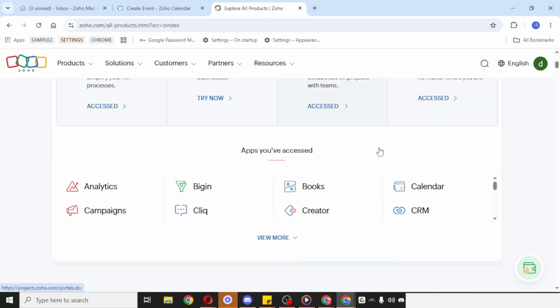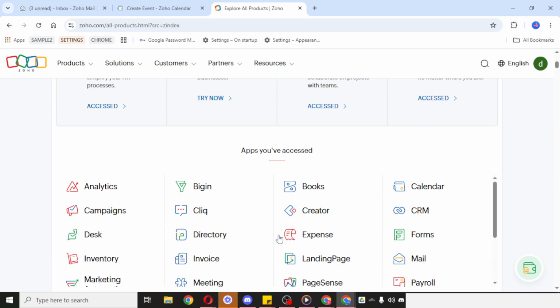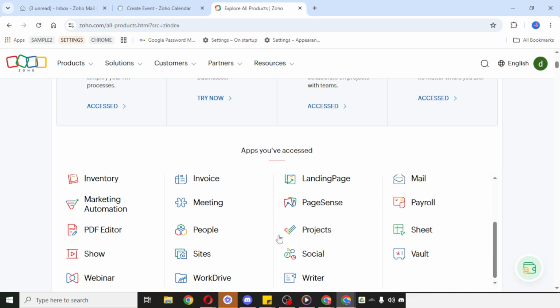Once you're successfully logged in, look for the Apps section. This is where Zoho organizes the different services connected to your account. After you click on Apps, you should see a list or dashboard showing the available Zoho tools. Depending on your account setup, the layout may look slightly different, but the overall process is the same.